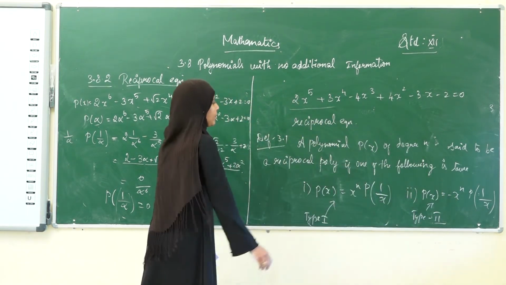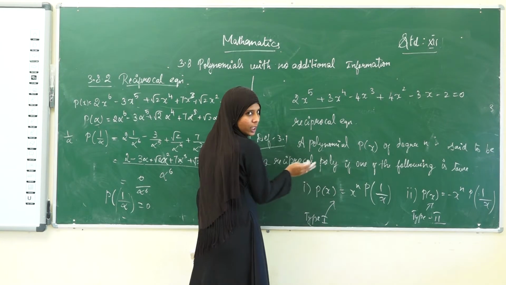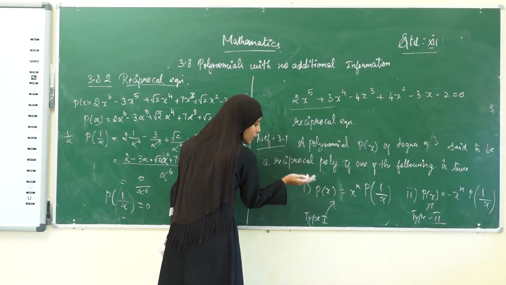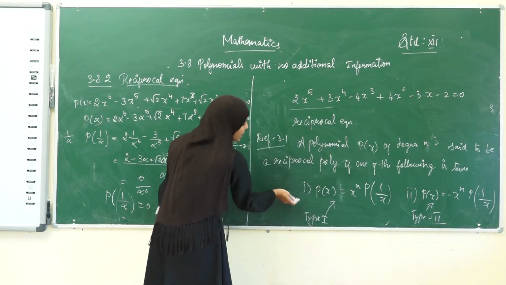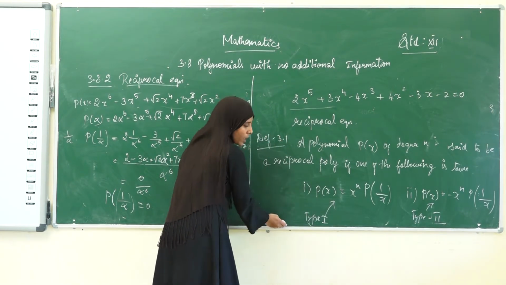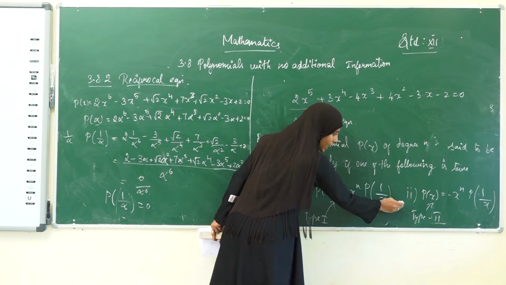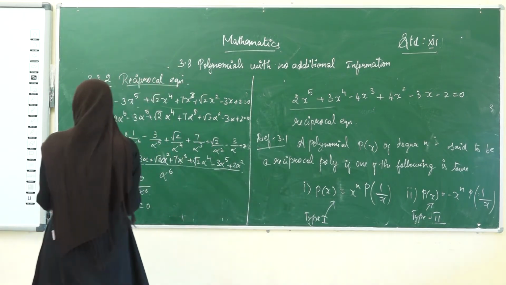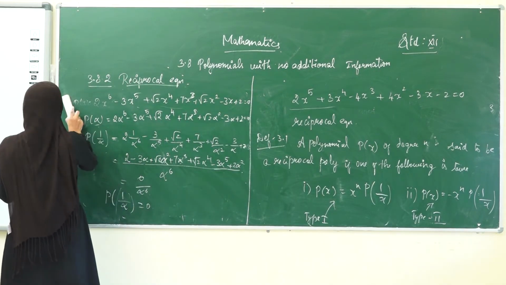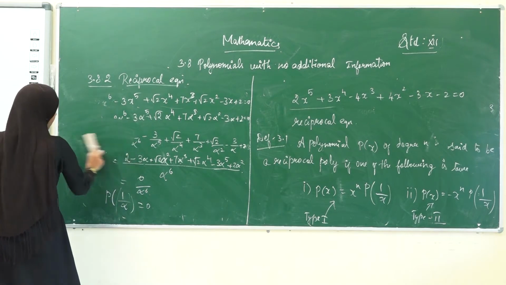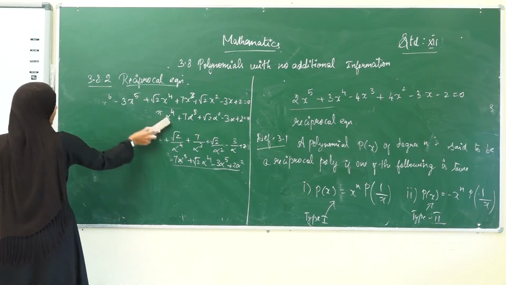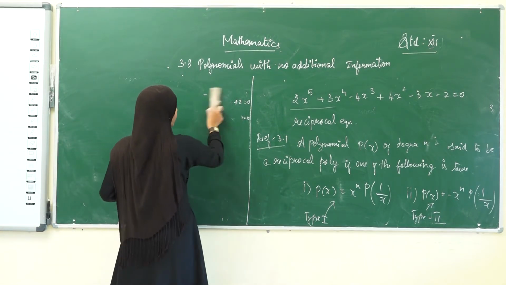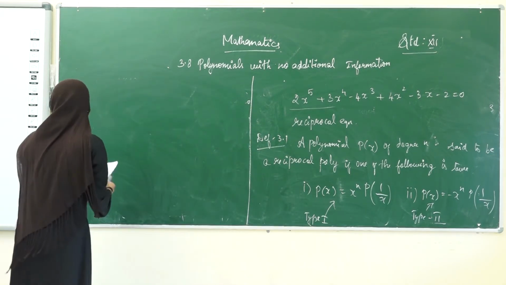Okay, if the polynomial equation satisfies any one of these conditions, then we can say it is a reciprocal polynomial equation. If it satisfies the first condition alone, we can say it is a type 1 reciprocal polynomial equation, and if it satisfies the second condition alone, we can say it is a type 2 reciprocal polynomial equation. Okay, for this they have given a theorem. They have also given the proof, an important theorem, but it will be very easy. Okay, see the theorem.